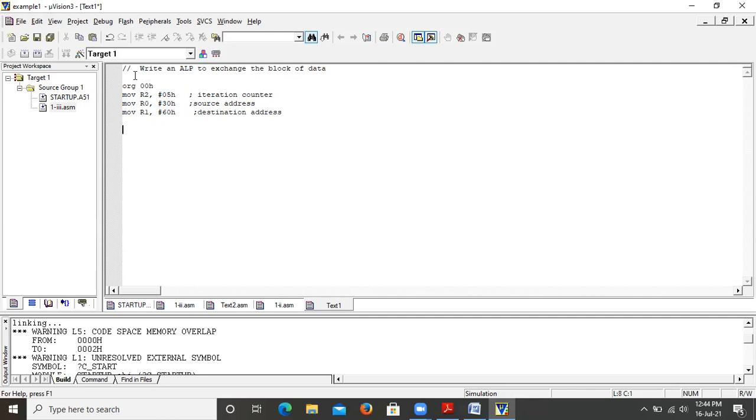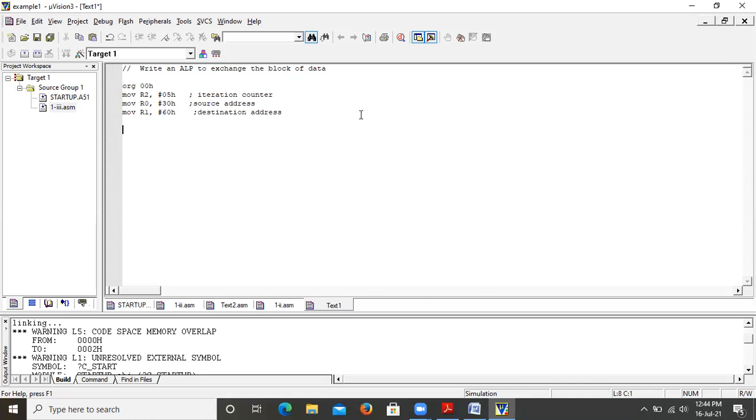Next, copy the content of R0 and place it into R1, and copy the content of R1 and place it into R0. So this is how the actual exchange will take place. To perform this exchange there are two ways. Take the content from the source, place it into some temporary variable, then from that temporary store it into the destination for each value.